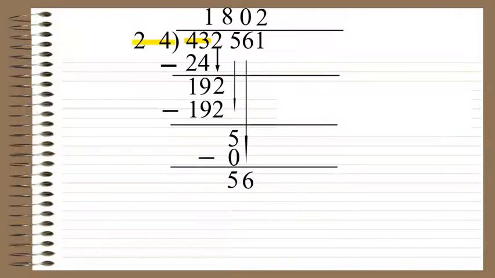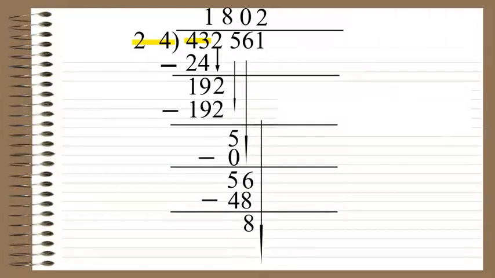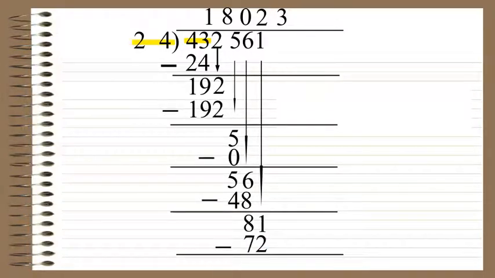So we will take 24 twos are 48, subtract it, we will get 8, and now we will bring down this 1. When we divide it, you will find that 24 threes are 72, and when you subtract it, you will get 9. Now there isn't anything to bring down, so it means our question has been finished and we are left with 9 as our remainder.